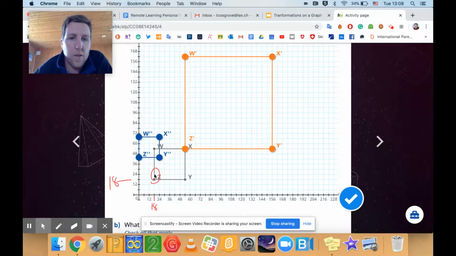And then for this one, instead of being 6 long, it's going to be 6 divided by 3, which is 2. So it's just going to be a 2 by 2 square. And instead of being here at 18, it's going to start at 18 divided by 3, which is 6. So this one is a little quicker to draw,